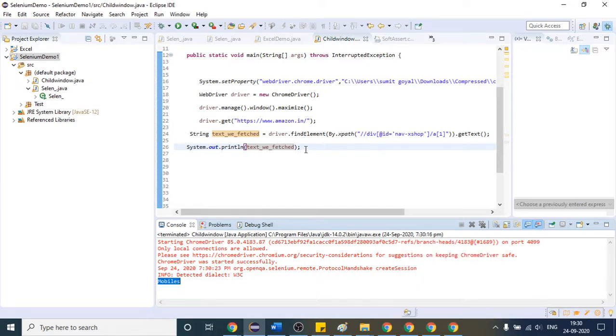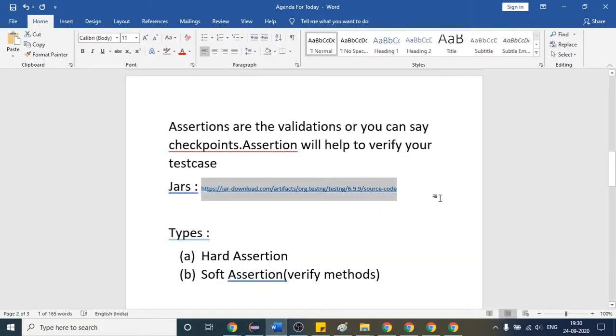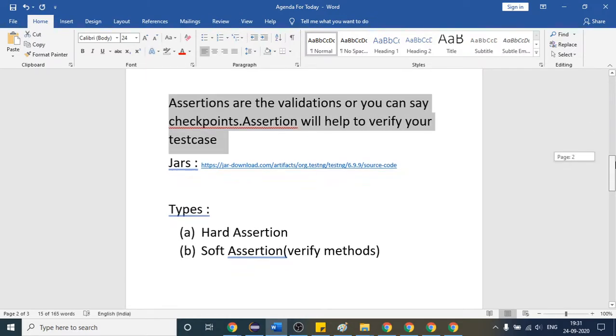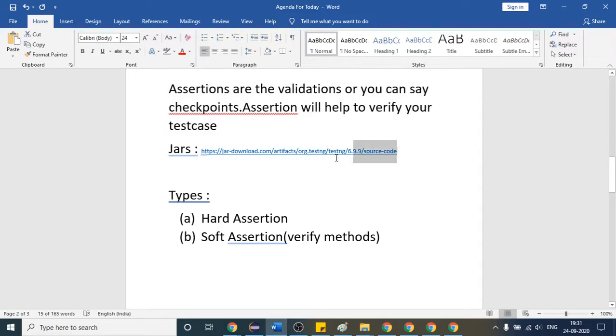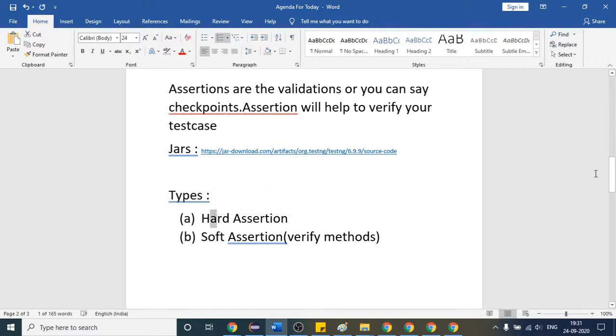So our intention was not to discuss this one, but I have fetched this because I am going to use that in my coming code. So we are discussing this assertion. Again I'm telling what is the definition. It just helps you to validate the test case. Whatever code you are writing, it will help you to validate. So this step is completed. As of now, do not consider this. We will slowly come to this in a while.